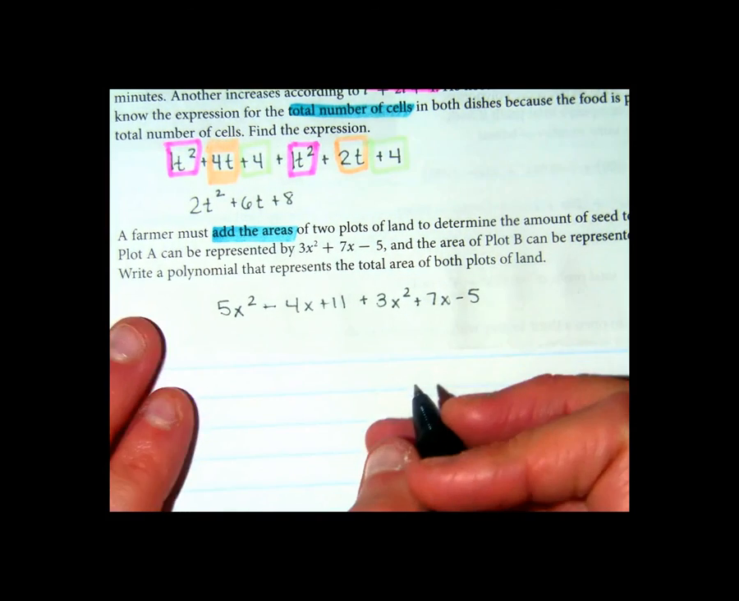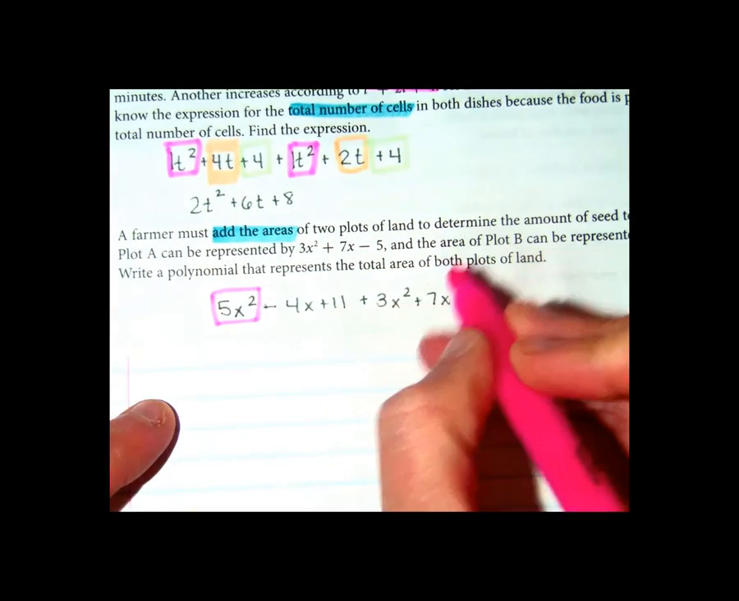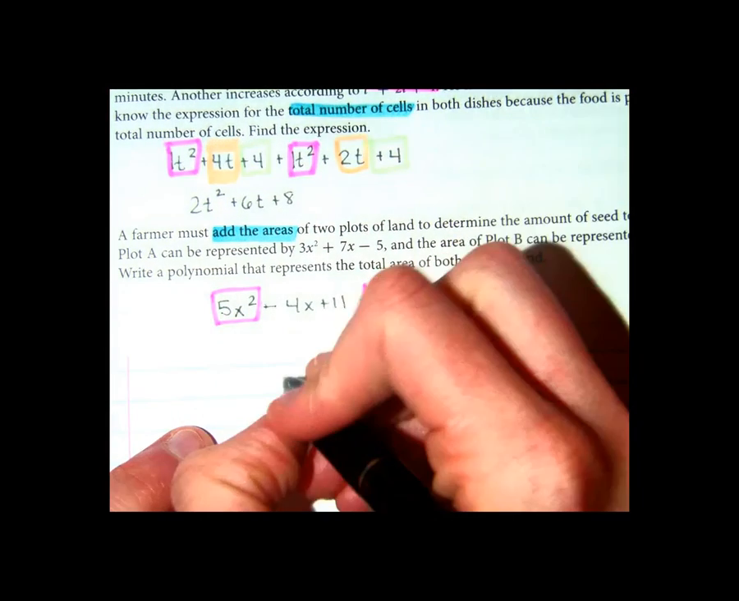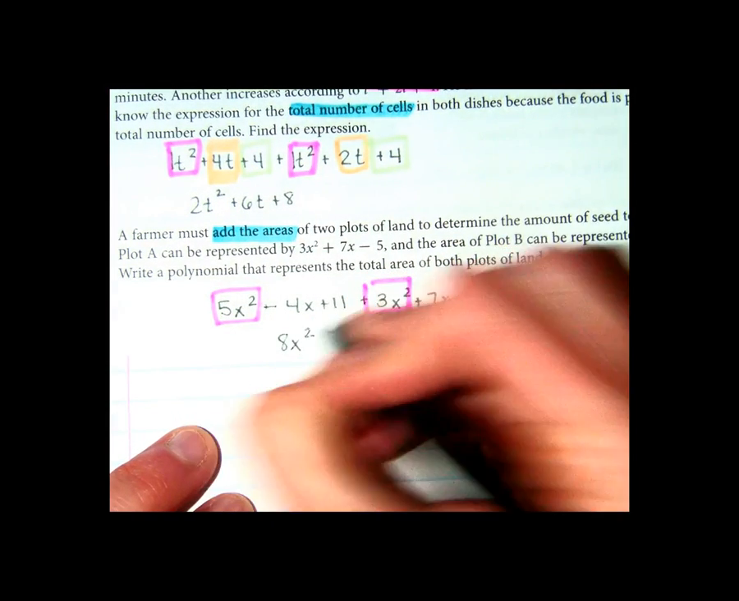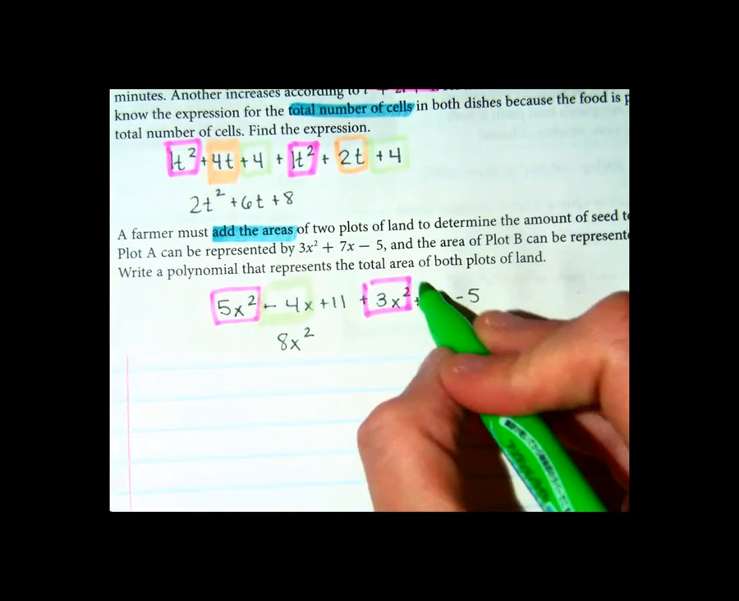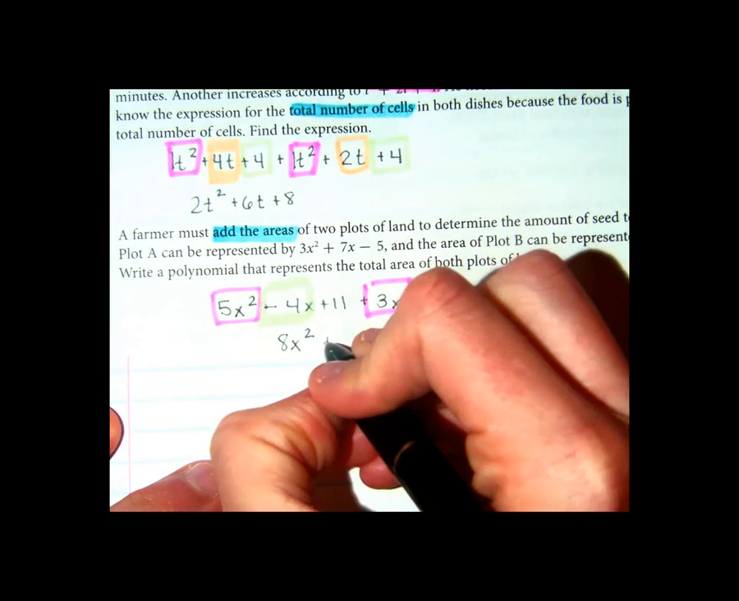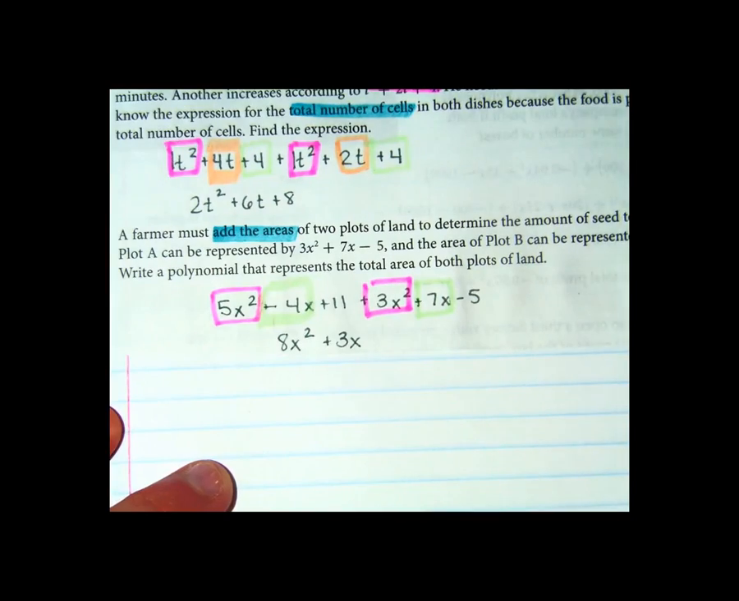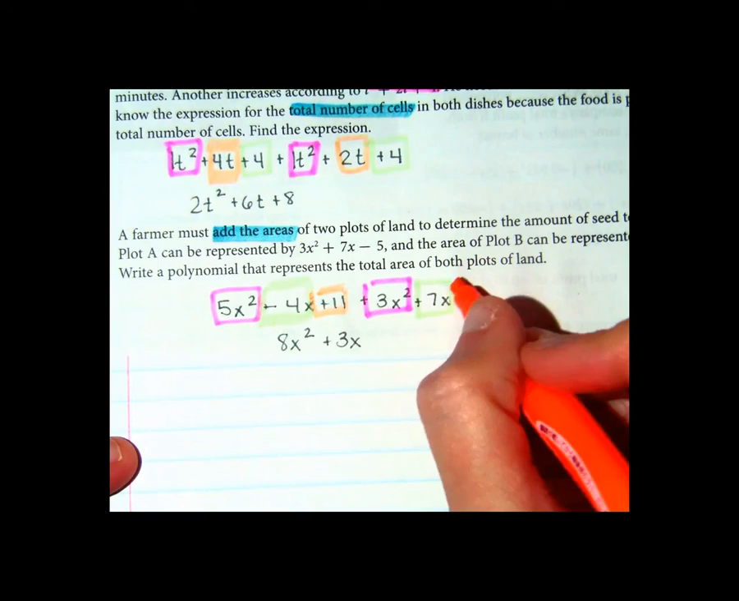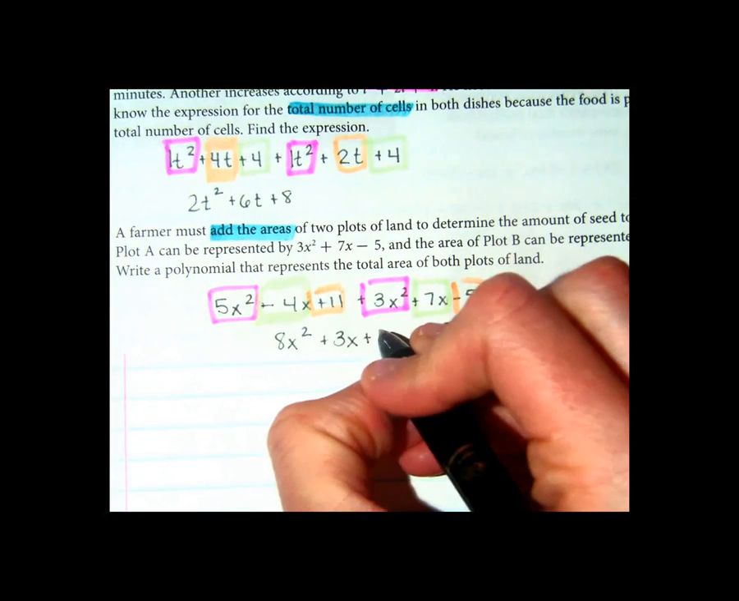Okay, what are our like terms? Okay, and what does that combine to give you? 8x squared. Negative 4x plus 7x. 3x. Okay. Positive 11 and negative 5, which is 6. Excellent. Your homework will